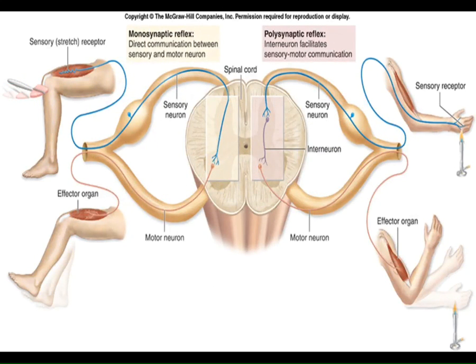Now, just take a look at this. On the left is a monosynaptic reflex. Again, your patellar knee jerk. So the physician hits the patellar ligament, and as a result, the quadriceps femoris muscles sense that they've been stretched unexpectedly. And when skeletal muscle is stretched unexpectedly in reflex, the muscle will contract. And so as the quadriceps femoris muscle contracts, the leg extends and it kicks out. So what's happening is that when you hit that ligament,